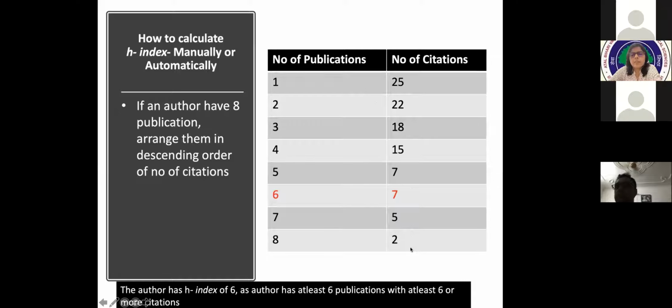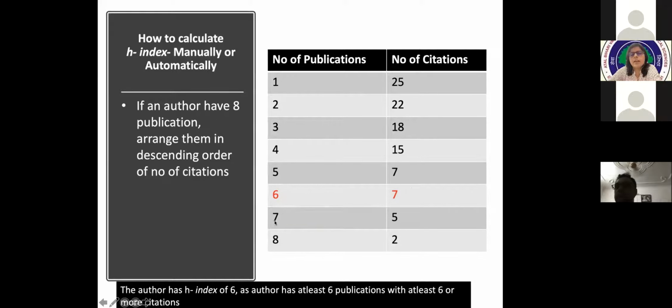Remembering the definition, you just see these are the number of publications, 6, which should have at least n number of citations or more. So here you can see it is 7, which is more than the n number. But when you move on to here, this shows n number is 7 and the citation is 5.